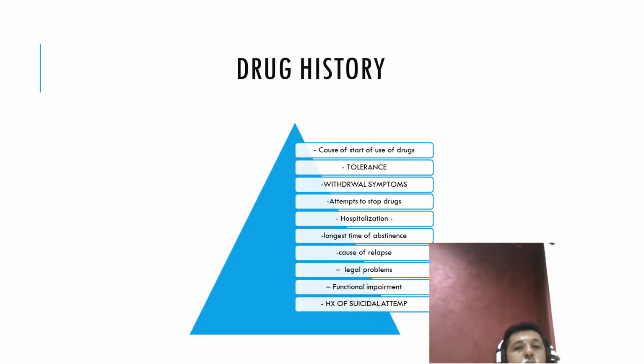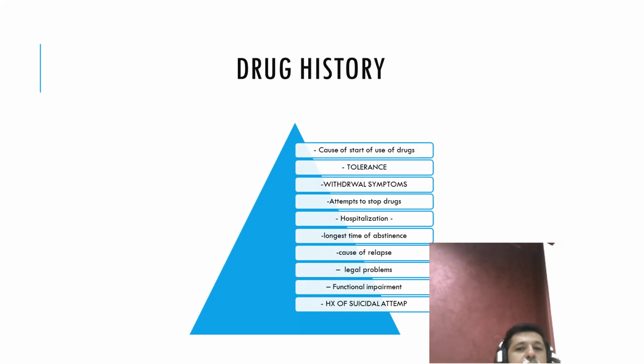You have to ask the patient about the cause that led him to start abusing the drugs. You have to address the points of the substance use diagnosis, like tolerance and withdrawal. Did you increase the amount you take every day? Did you try to stop? When you tried to stop, did you have any symptoms of withdrawal, like you feel pain, or you feel something psychologically? So you have to ask this.